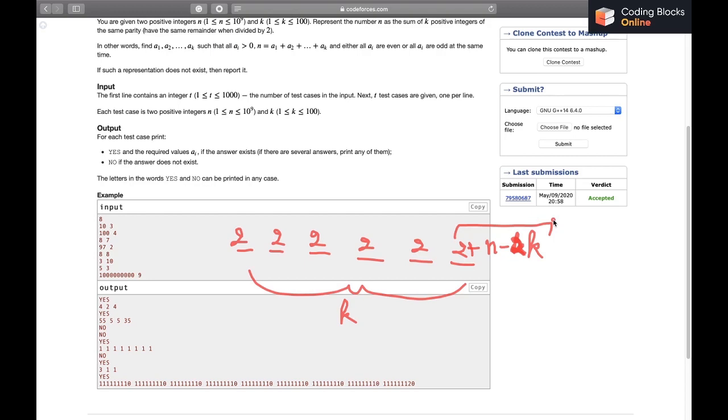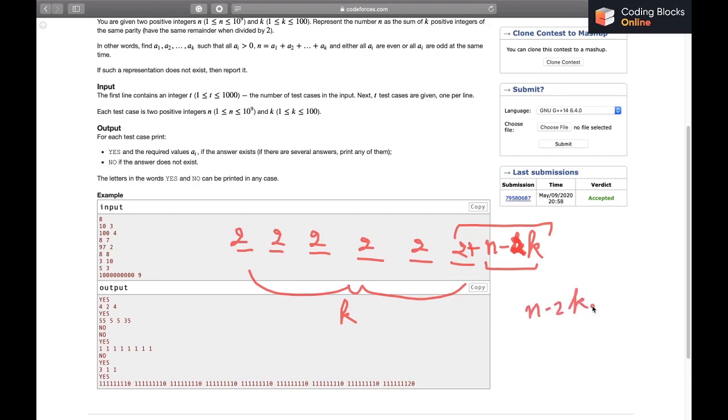Now there's a possibility that you may say, hey, why are you adding all of the n minus 2k, the remaining sum that we require more, in only one of the numbers? It is possible that you may divide it into multiple places, and then you can basically maintain the parity. Why are you not doing that? It's a good question, but it will not really matter, right?